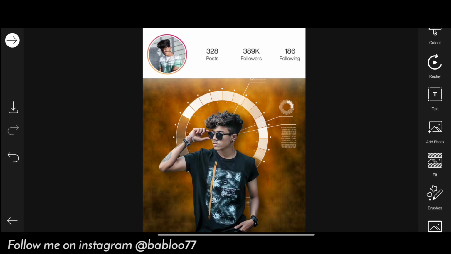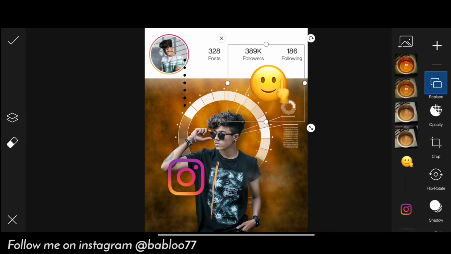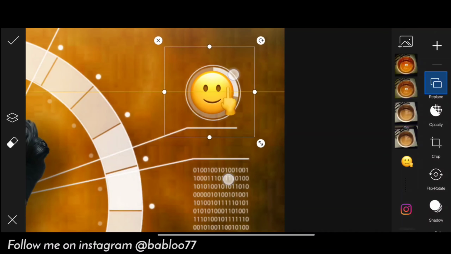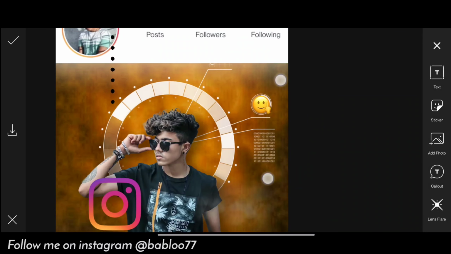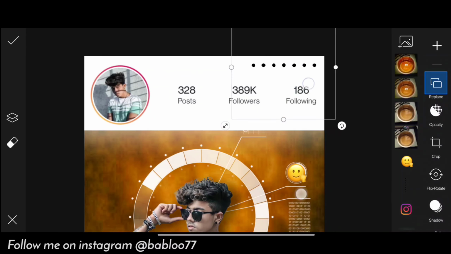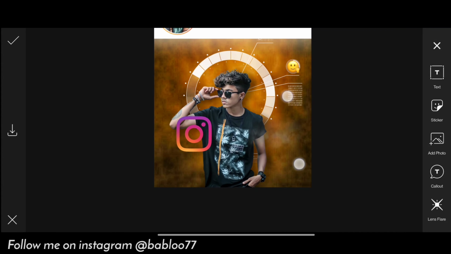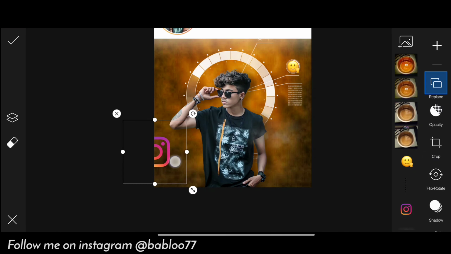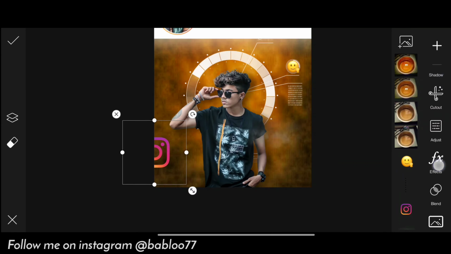Now have to select further PNGs, Instagram frame PNGs. For this you have to go to add photo and select the further PNGs. These are the 4 PNGs. Okay, first I have to keep this emoji in this position. Perfect. Now keep these dots PNG on the top. Perfect. Now keep this Instagram PNG one here, or you can keep here, and you have to tap on this